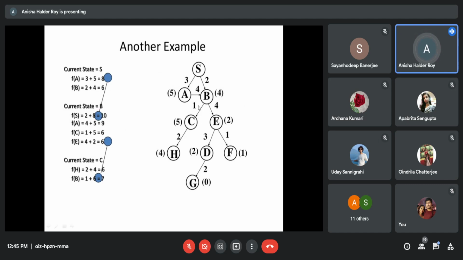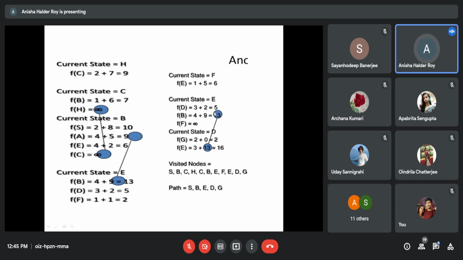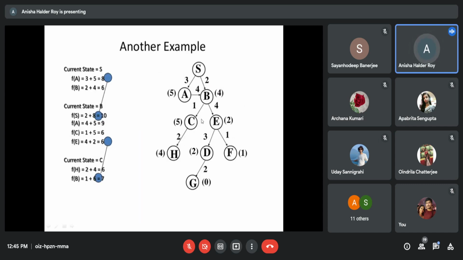But for FB, it should be 4 plus 1, 5. Why is it 6 plus 1, 7? This is my question. For FH, it is okay, 4 plus 2, fine. But for this one, it should be 4 plus 1. But it is 6 plus 1.